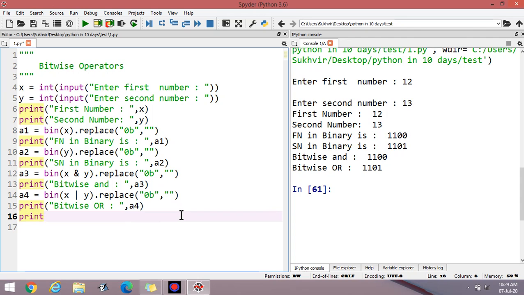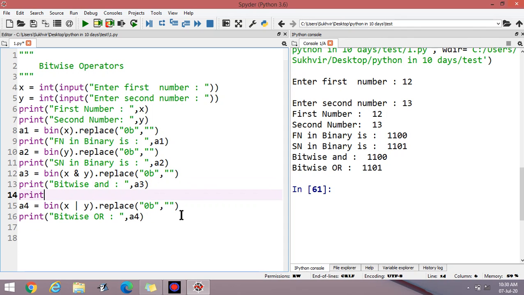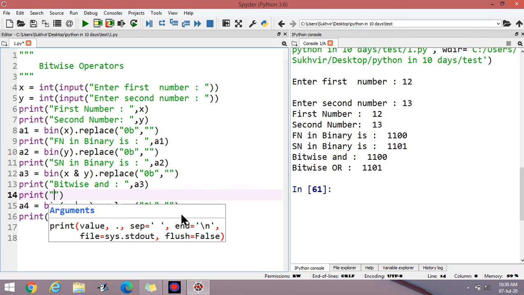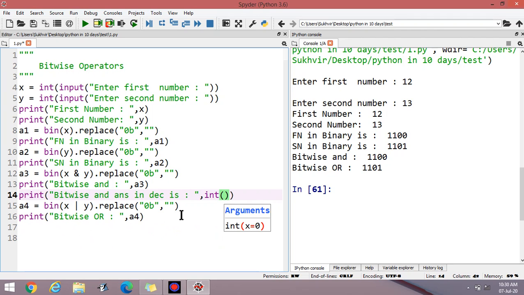I can write print bitwise AND answer in decimal is, you can write here int A3 comma 2.